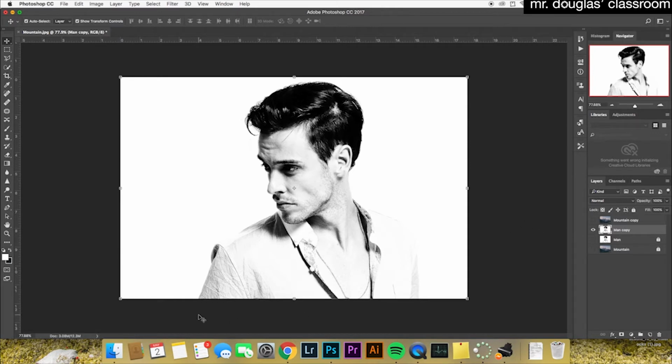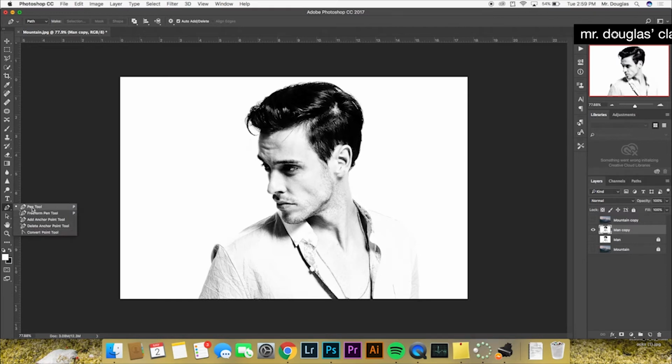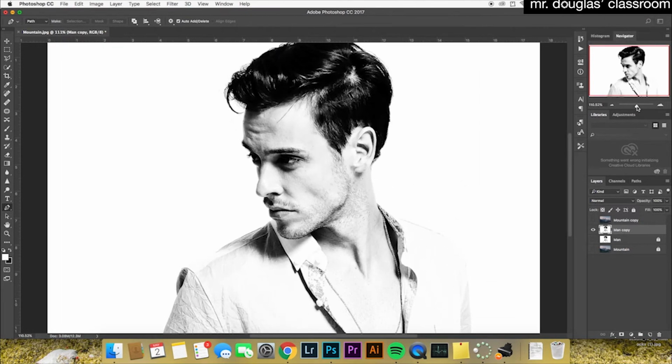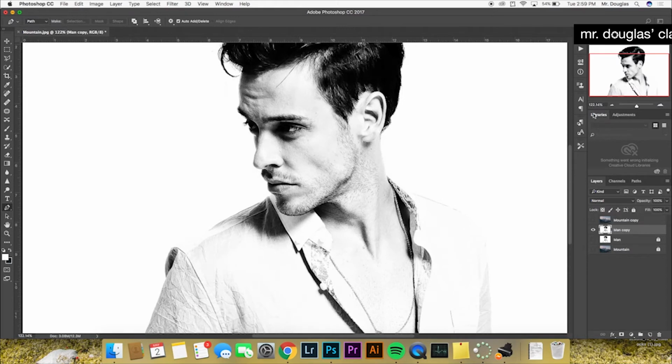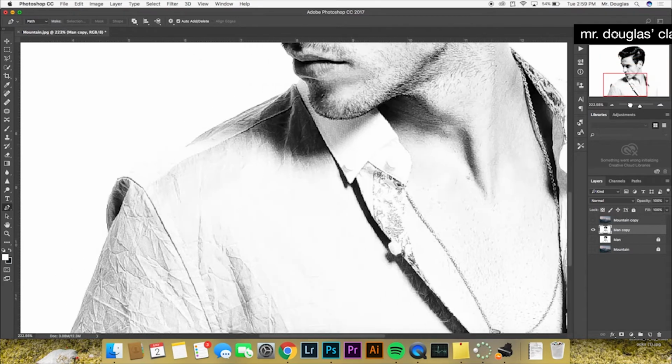Okay, so the first thing that we want to do is we want to cut out this white space. And the way that I'm going to show you to do that today is using the pen tool. If you go over to your toolbar, next to your text tool is the pen tool right here. If you right click, it gives you a couple more options, but we're just going to start by using the basic pen tool. So I'm going to go over to my navigator and I'm going to zoom in to my image and start